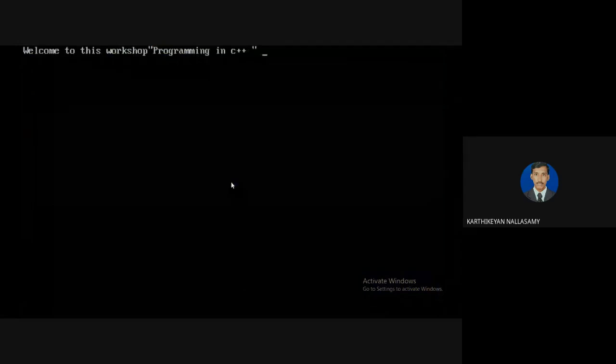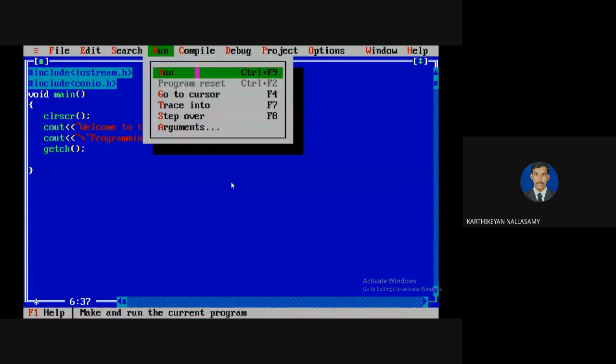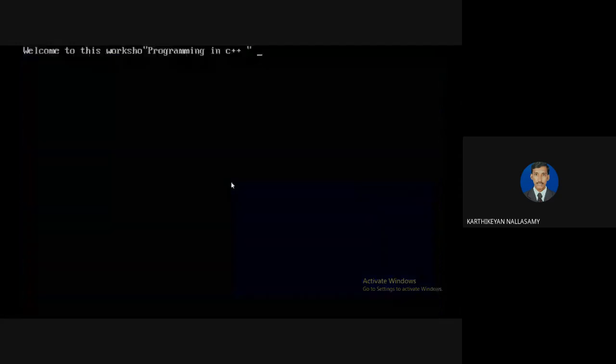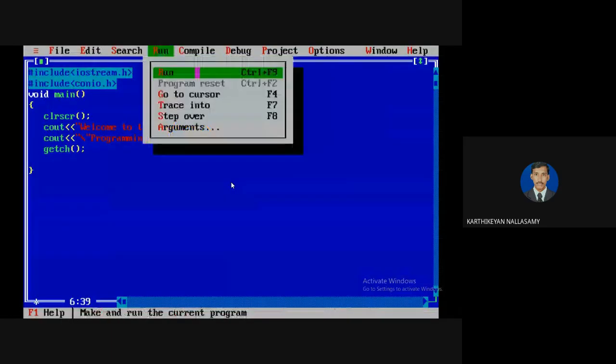Okay, now I'm going to explain the concept of slash B. Slash B means backspace. You know the purpose of backspace on a keyboard? It does the same thing: it deletes the last character. So the slash B is near the P, so the P will be deleted in the output. Normally "welcome to this workshop" will be printed, but after that, immediately the slash B will be executed, which means the character is removed. Just a minute, you can check it.